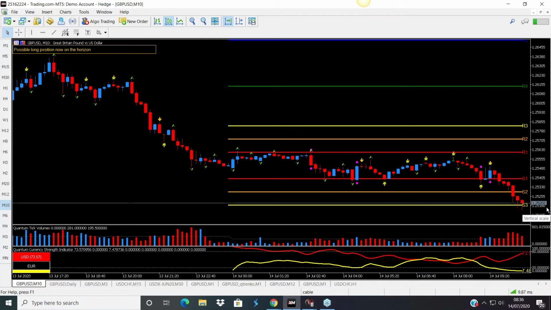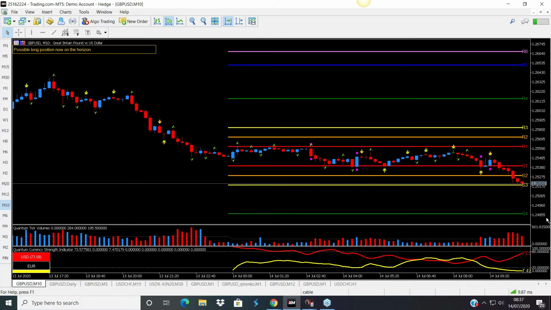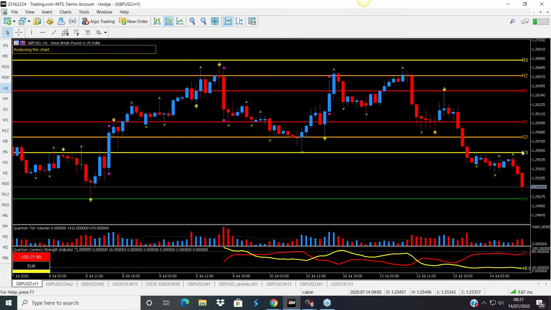If we round it up to 25.20, I suspect there's lots of buy orders sitting there. If you were looking for a potential price objective, a potential target for this, you would be looking down here at the S4, which is 24.86. When we move up to the hourly chart, we get a sort of clearer picture. We can see the breakdown from the S3, and you've got a closer potential target, which is at